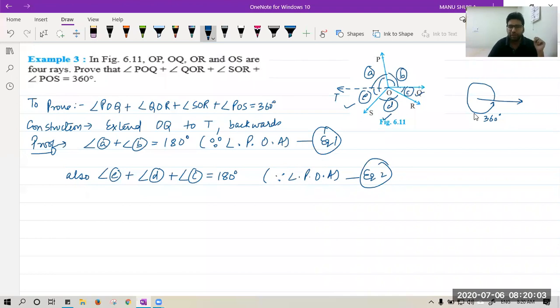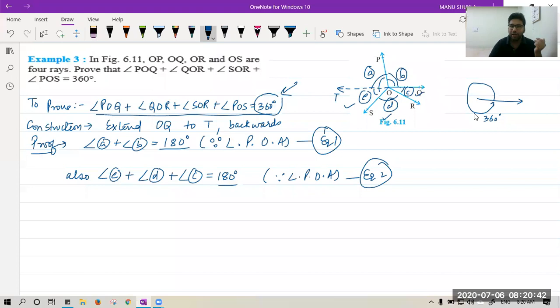So what we can do is, I have to prove that this total sum is how much? 360. Again we have to think in which direction we should move to prove this. You can see and observe, we want a sum of 360 degrees on the right hand side. For that, you can observe you have 180 and 180 on the right hand side. What if we add these two equations? Maybe we get the answer. Maybe this is the right turn that we have to take to reach the destination.